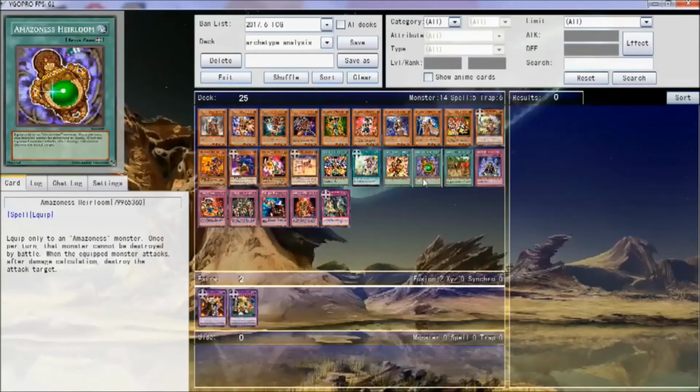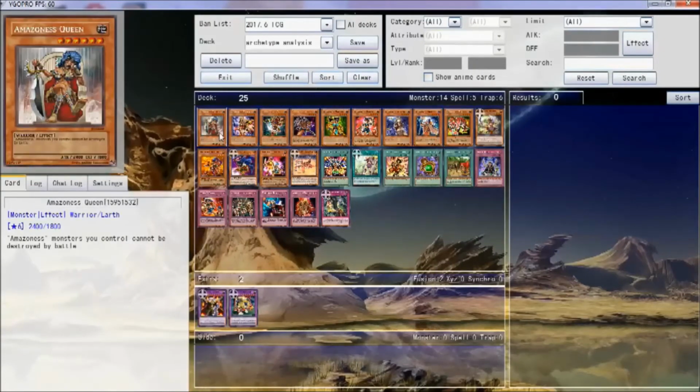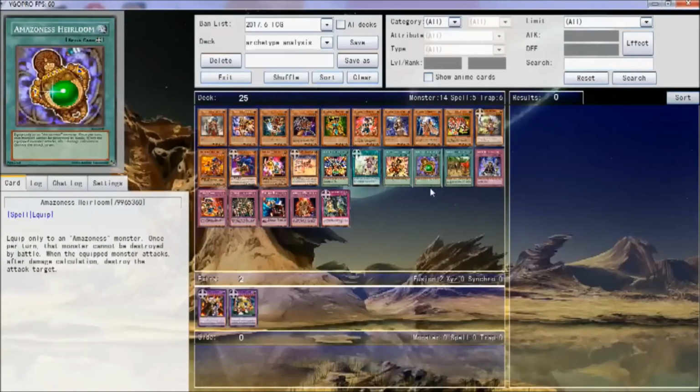So the idea is to use it with Swordswoman so that, oh hey, you can just equip it onto it, attack into something, your Swordswoman stays alive, your opponent takes the damage, and then it just kills the monster that you just attacked. This would be okay if it wasn't for the fact that Queen exists. Because Queen gives you that battle protection, not once per turn, but per...